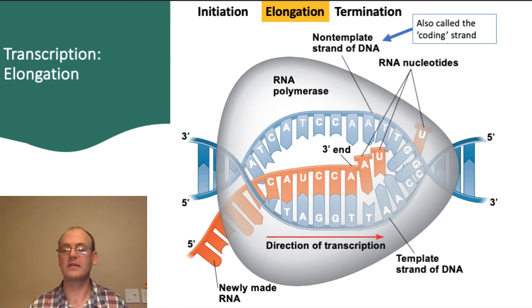As the polymerase moves downstream on the DNA, the RNA molecule peels away from that DNA template, and the two strands of DNA then reform the double helix. Let's take a look at the names that these two DNA strands are given, since this causes a lot of confusion for students. The most important strand here is the template strand, and that's easy because it simply serves as a template for creating the RNA.